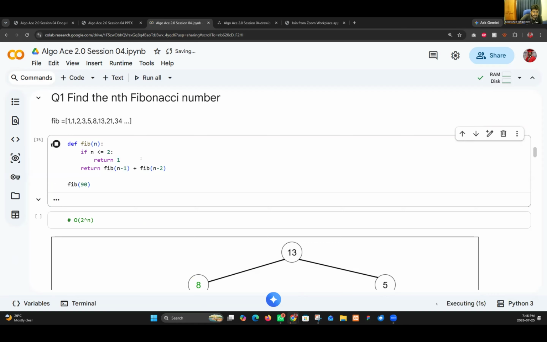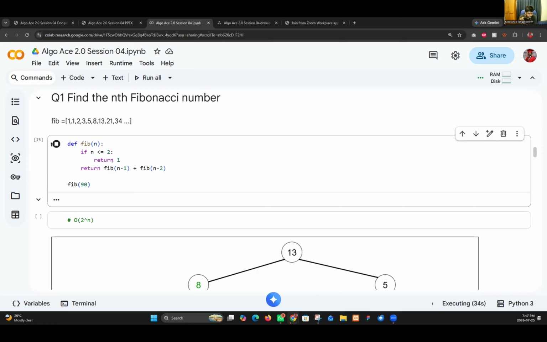Now what happened? Let's wait. This is not because of the internet lag. This happened because of these functions, called functions within the function. But definitely we can get the answer here. Definitely this gives the right answer.